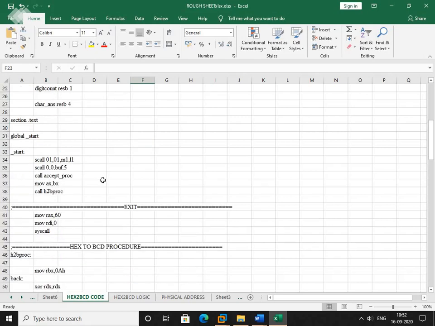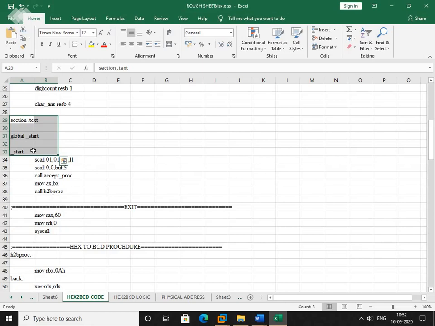Next, in section .text, we write global space underscore start, then underscore start colon. So this is the actual syntax we are going to follow. In C language, we write hash include, then angle bracket stdio.h. In the same way, here also we have some syntax we have to follow.